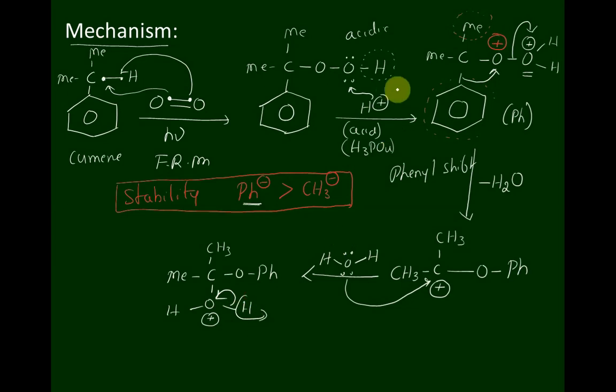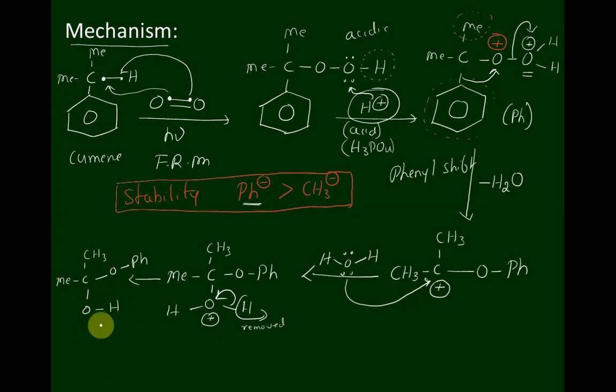Here the H plus ion has been added, and here the H plus ion is removed. Therefore, H plus ion is obtained from the acid, and therefore the acid acts as a catalyst. So I get the molecule like this now. What is the molecule I am getting now? CH3, carbon, CH3, O, Ph, and we also have oxygen and hydrogen.